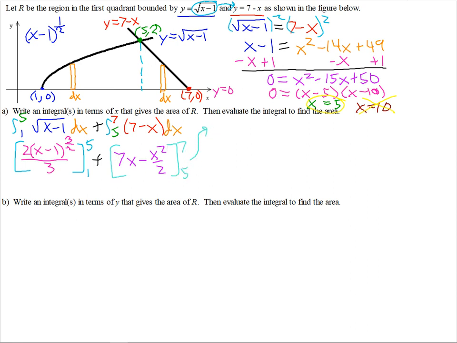And then let's simplify this. You can pull the 2/3 out in front on this one. That's a constant. And then you can also rewrite it in radical form. So instead of x minus 1 to the 3/2, that's the same as the square root of x minus 1, cubed. And since we didn't use traditional u substitution, that's why we kept the lower and upper limits, 1 and 5. And then plus